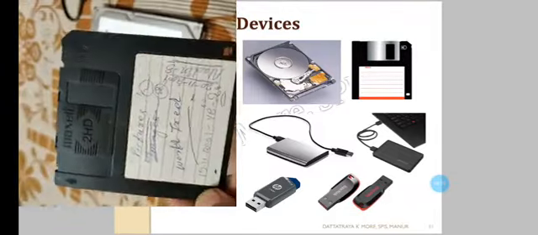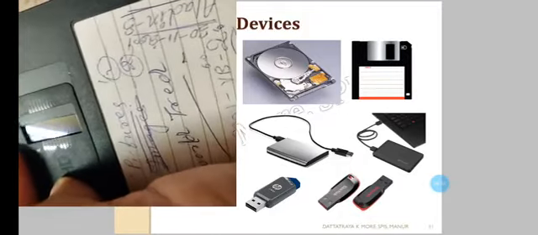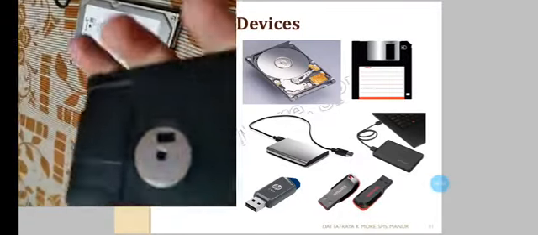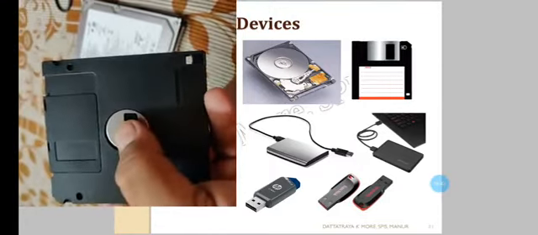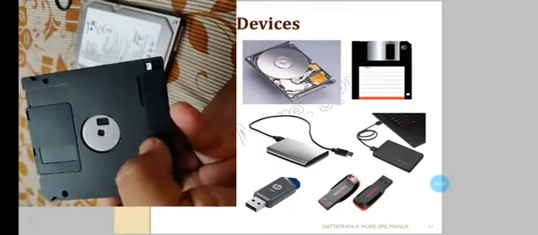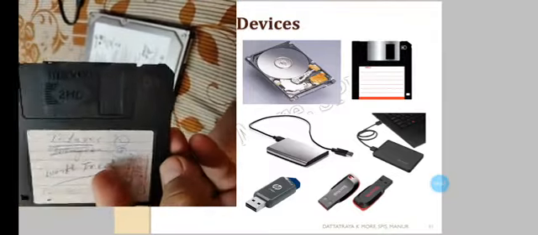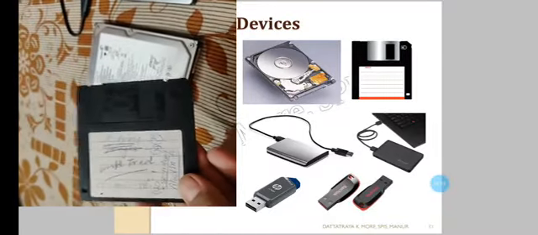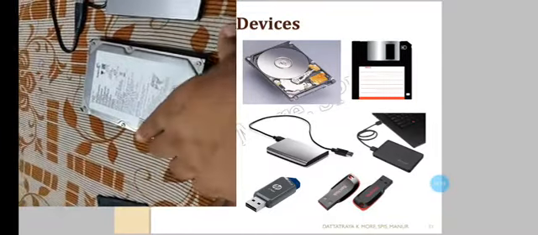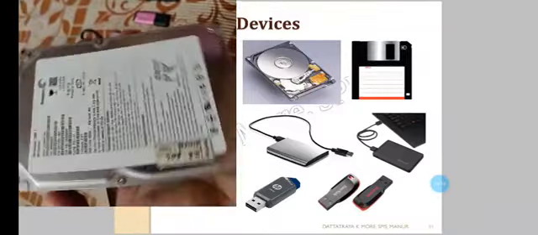So I just want to show you, this was the floppy disk. We can move it this way. You can see that plastic material, which is actually a round shape, and this is fixed on a motor which can be rotated. It looks like a square, but inside there is a circular disc shape. It is very delicate, so this hard plastic covering is there for protection. So this is called a floppy disk. Later on we'll move on to the hard disks. This is called the internal hard disk.